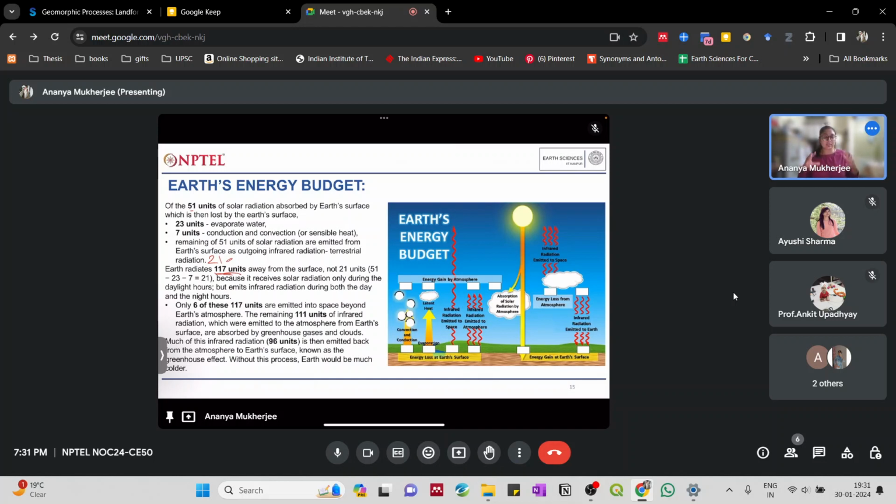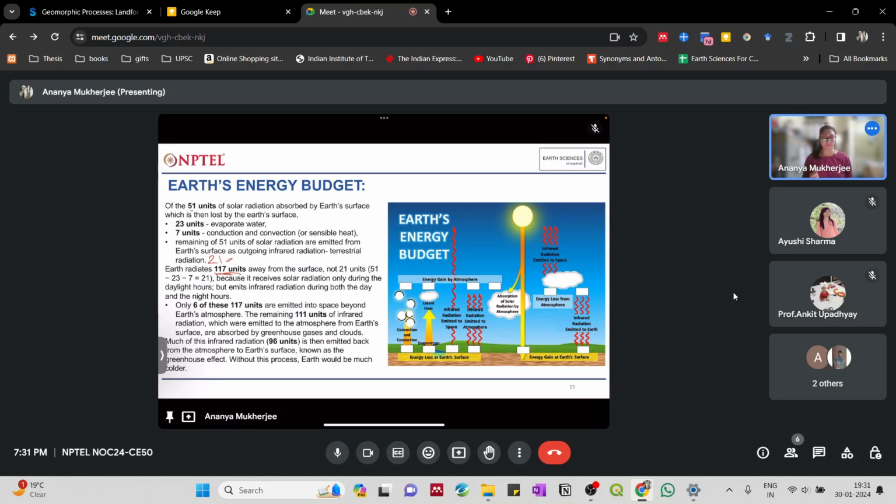Okay, so this is an important aspect of the Earth's energy budget, and this is why the greenhouse effect to some extent is required by us. Now, it has intensified because of human influences and our activities, but to a certain limit, the greenhouse effect is necessary for us. Okay, to have the heat that is necessary for our life systems to thrive.